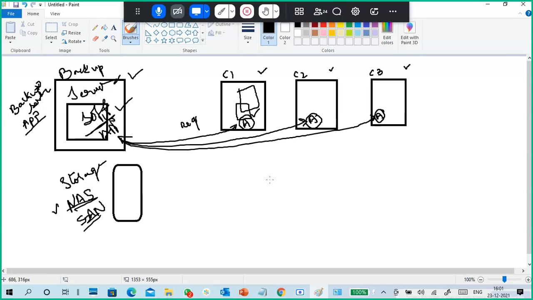Agent is nothing but a piece of software which belongs to the central server or central application. Agent communicates with the central server.